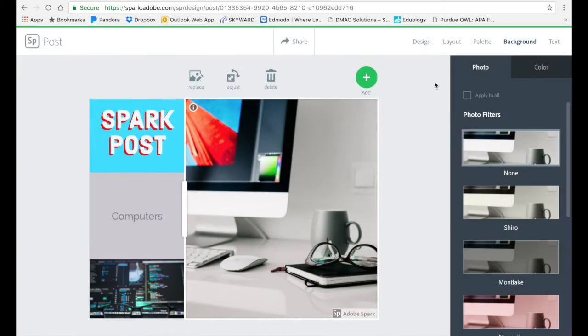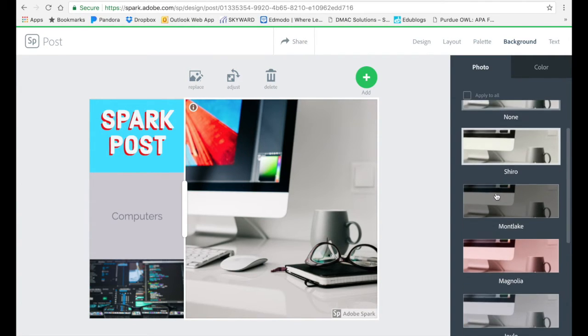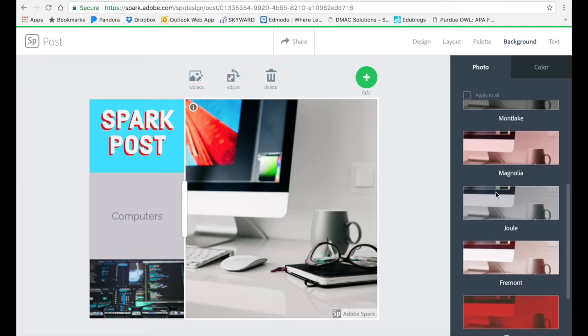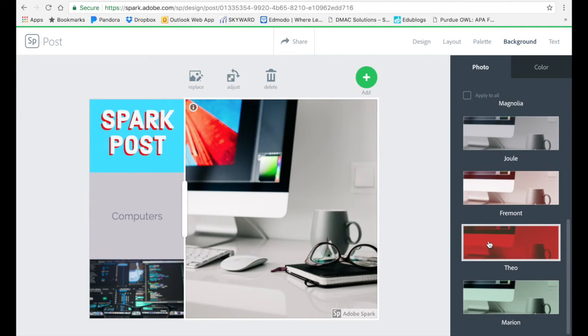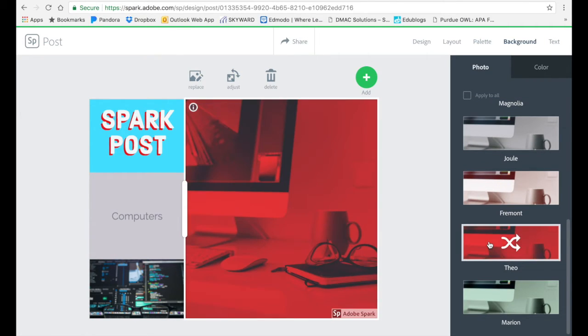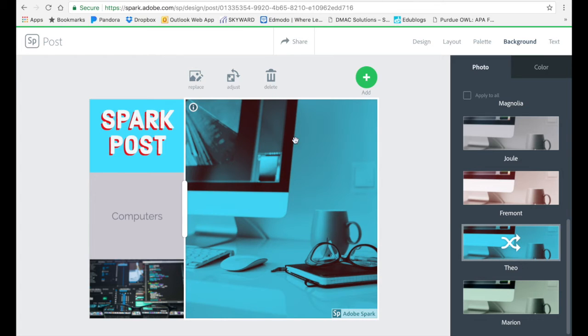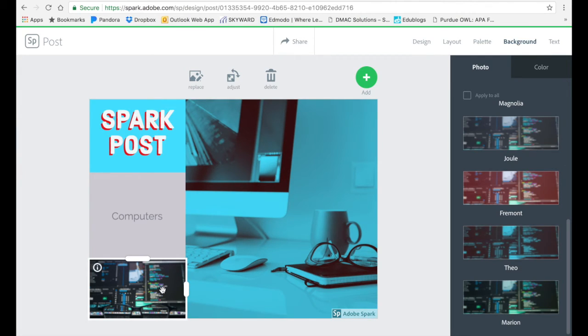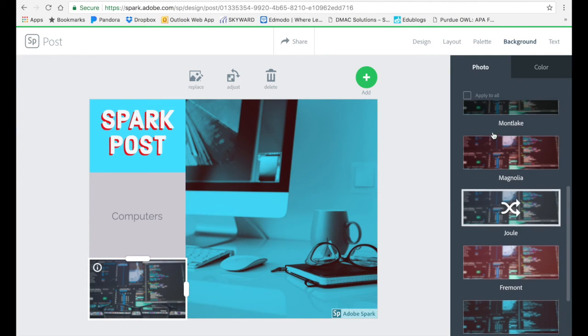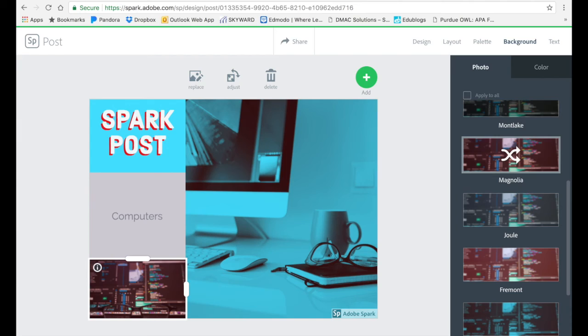So the last of the formatting menu options that we have here is the background. As I mentioned earlier, the background just simply adds a filter to the photo that you select. So by clicking on it, you can see where the coloration changes. Now this color scheme matches the previously selected colors, so we might leave it there if we want to. We click on the other option on the other photograph, and then we add a different filter